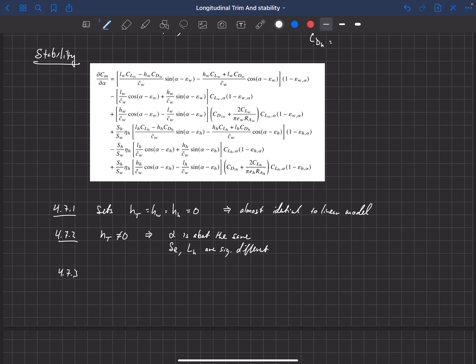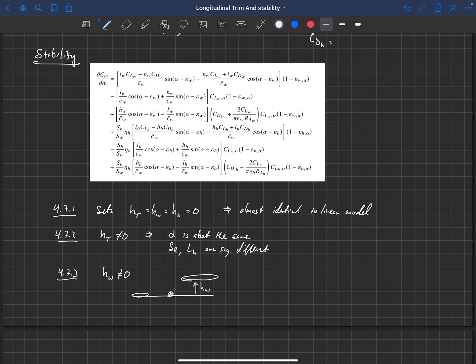In 4.73, what he does there is that he takes the wing instead and offsets it vertically. And he looks at this example where he's got a canard, so he's got a little wing here and a center of gravity here, and then what he calls a high wing canard configuration. Okay, so the main wing is offset from the center of gravity, but the canard is not. And